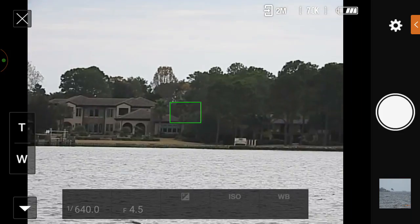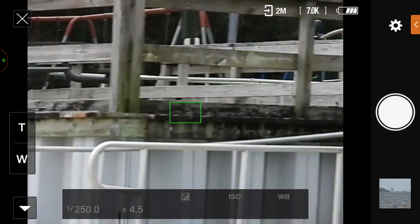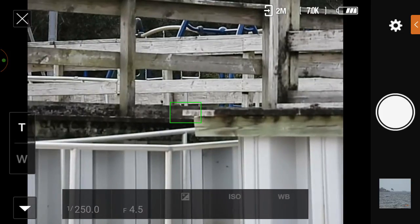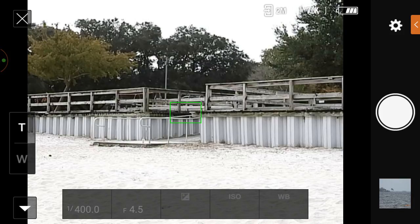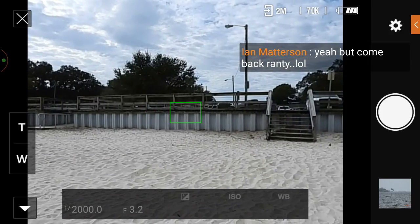Now, these are the steps behind me. Sometimes I can go up here. Go up there. It's only a